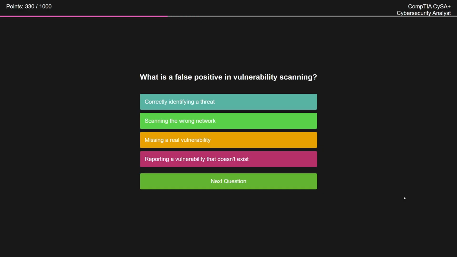False positive, what is that? I already know which one's right, because a lot of times I see false positive, false negative, but this one's going to be right. For the fact that false positive, it's actually a positive. It's actually something bad, like malware that's on your system. Because they were saying, oh, that's not really a threat, but it actually was a threat, so that was a false positive. So, I mean, I was wrong about that, but a false positive is basically,